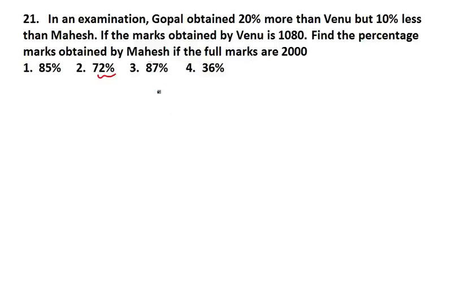This is Gopal. Gopal obtained 20% more than Venu. Okay, this is Venu. Now what is said in the question? Gopal obtained 20% more. Plus means more, minus means less. Okay, Gopal obtained 20% more than Venu, but 10% less than Mahesh. Now this line is clear. In the next line it is said Venu obtained 1080, so Venu's marks are given as 1080